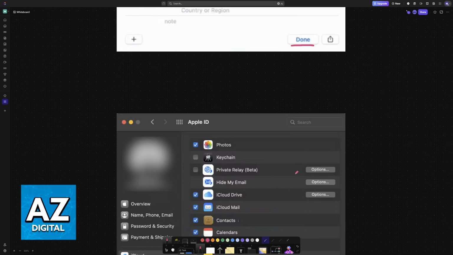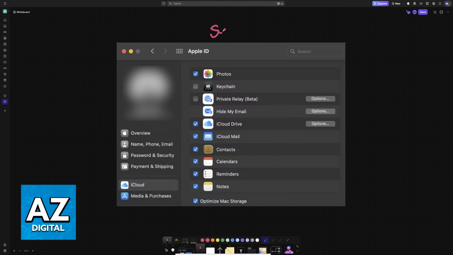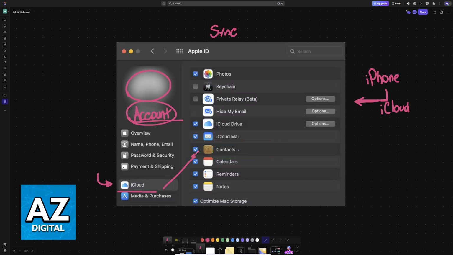Now, like I said before, if you want to synchronize contacts, so let's say you have an iPhone, you have all of your contacts in there, and you want to make sure that they appear on your MacBook, you will have to use the iCloud synchronization as sort of a middleman. First, on the MacBook, go over to the settings and make sure that you sign into the same Apple account that you are using on the iPhone. This will only work if you have the same Apple account. Then, on the settings, choose the iCloud category and make sure that synchronization for contacts has been enabled.